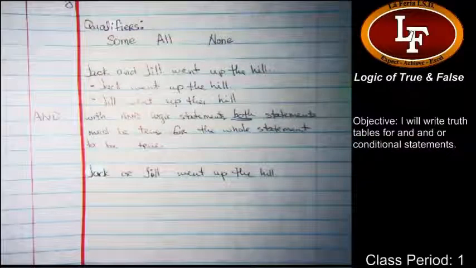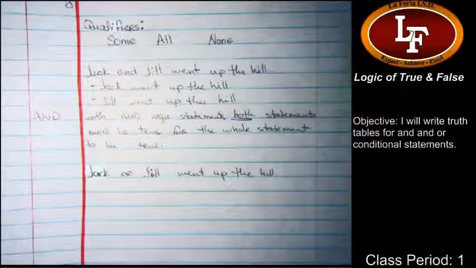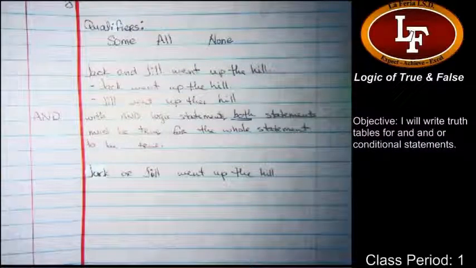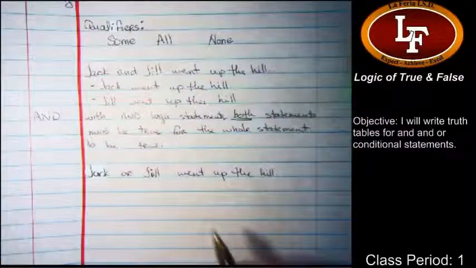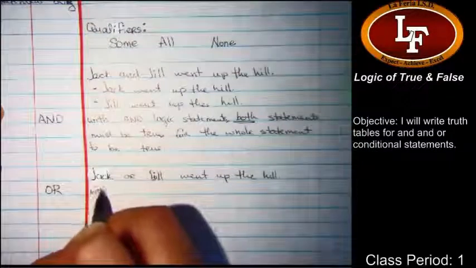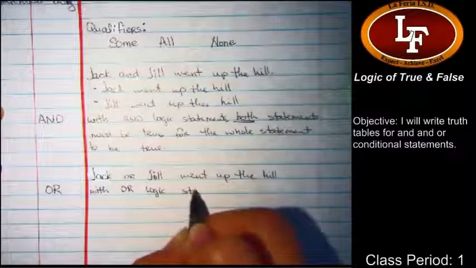Because Jack went up the hill. Because one of them went up the hill. Jack did. Awesome. What if Jack doesn't go up the hill? That part's false, but Jill goes up the hill is true. Is it still true? Yes, because now one of them did. It's Jill. What if both of them go up the hill? Then it's absolutely positively true. I love all that modifier. It's awesome. So with or statements, with or logic statements,